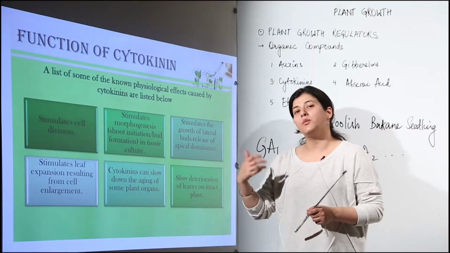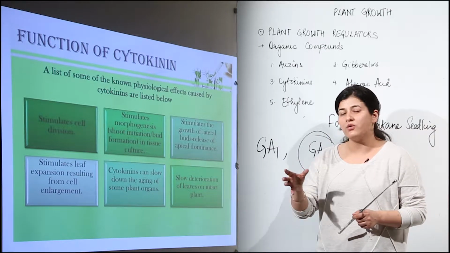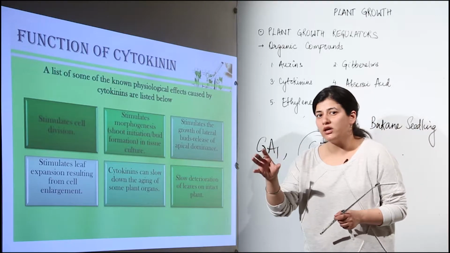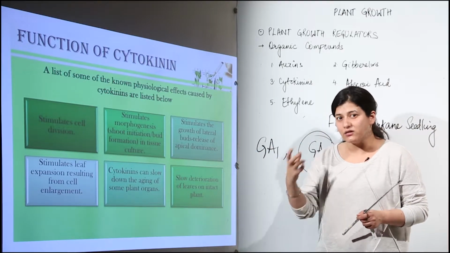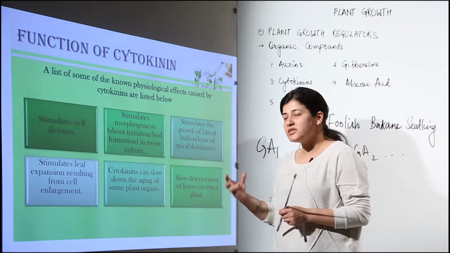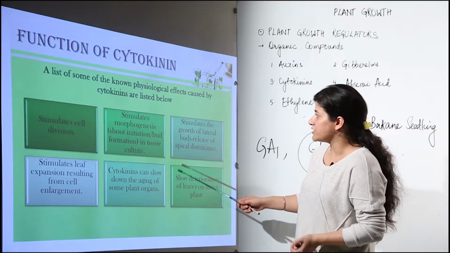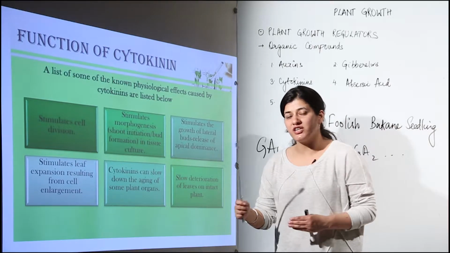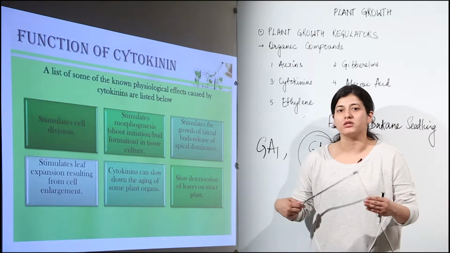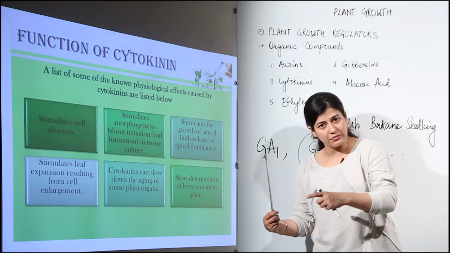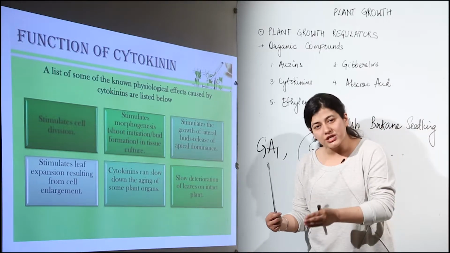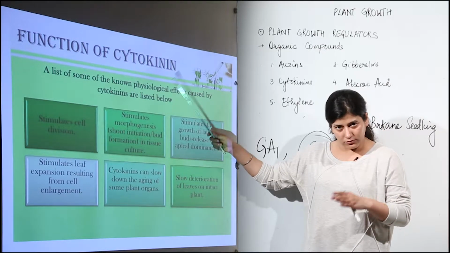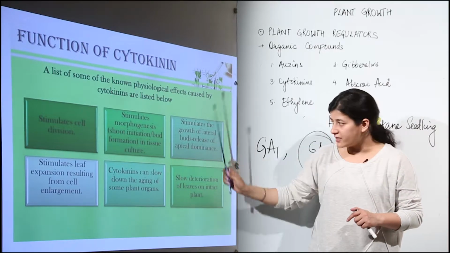What is senescence? We will get to know in subsequent lectures, but for now all you need to know is that cytokinins do not let the plant organ or the total plant die early. So they are responsible for maintenance of the plant structure as well. They stimulate morphogenesis. What is morphogenesis? Morphogenesis means the formation of organs. Plant meristem gives rise to simple cells. Those cells have to differentiate into different organs, and that is stimulated by the group of organic compounds classified under cytokinins.